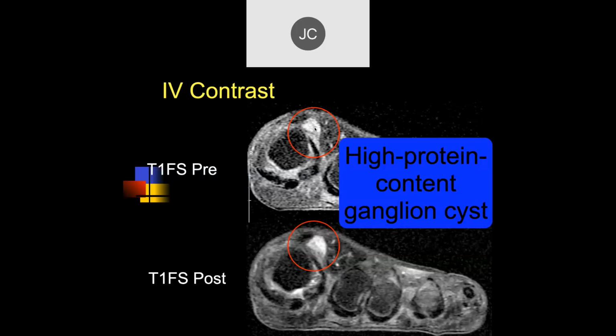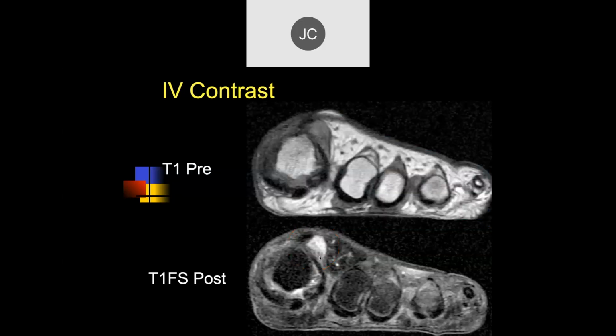Can be very bright when you fat suppress the T1s, even though you would think it would stay dark. And in this case, there was no enhancement, and this was a synovial cyst associated with degenerative disease of the first metatarsal phalangeal joint. But the reason I come to this, there are probably most radiologists in the world, when they give contrast,